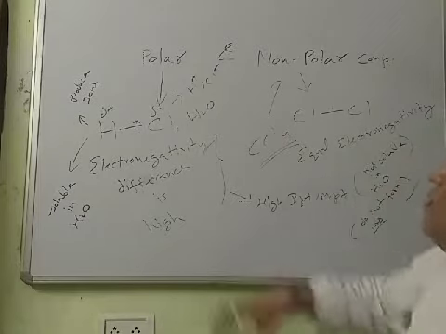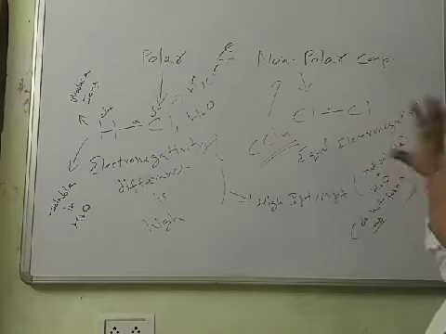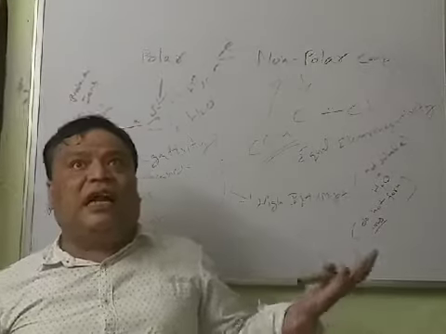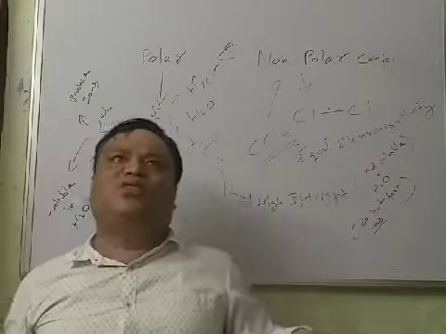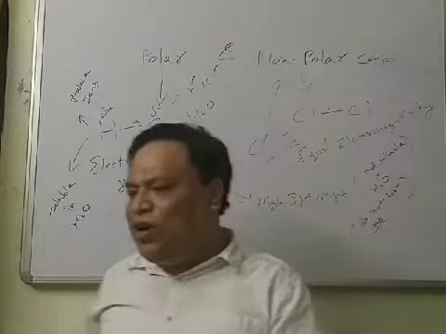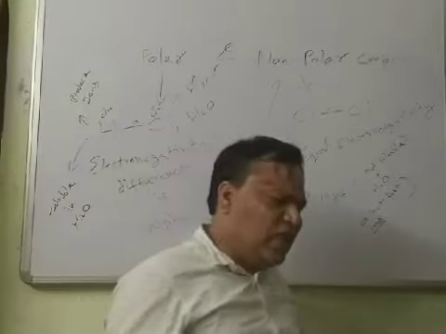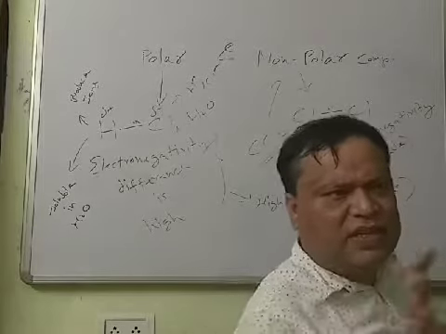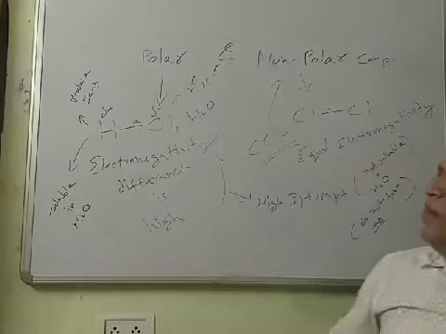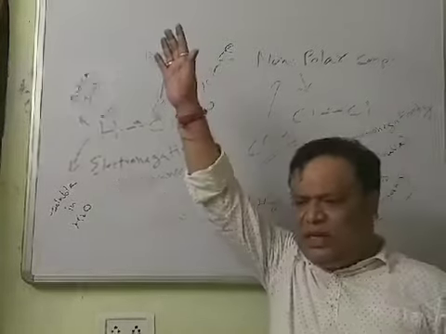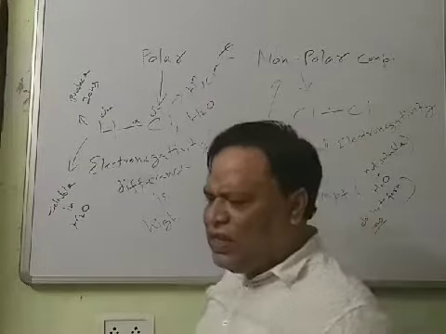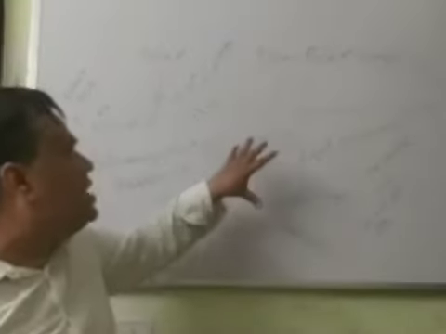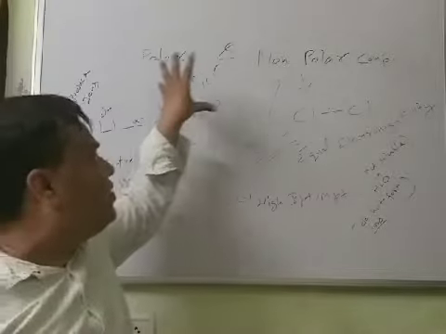Now HCl is a polar compound and Cl2 is a non-polar compound. We have many non-polar compounds which still get dissolved in water because they can form hydrogen bonding, like glucose, for example. Glucose has a different concept, but it can form hydrogen bonding with water, so it is soluble in water. But here we are not going to that level. It is in class 11th and 12th, where we discuss hydrogen bonding much more. Here we just have to discuss what is polar and what is non-polar.